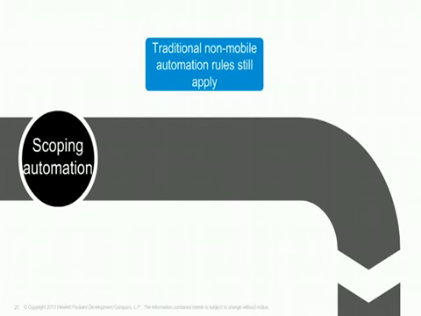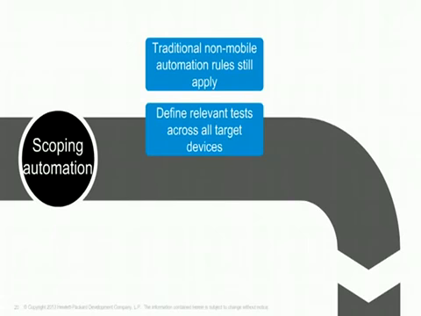However, the development team and testing teams need to take into consideration the mobile-specific aspects. They need to define the relevant tests that are going to be executed against all devices and platforms. The tests here need to be usually quite easy to automate, and this is very, very important. And remember the login screen that we saw earlier. The cost effectiveness and the ROI around testing will actually count more when you define and automate only the relevant test cases. Don't automate everything, only automate relevant test cases.